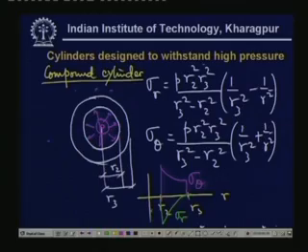Now, this is tensile. So, when we see the compound cylinder, now look at the cylinder overall, then we get the following stress distribution. Now, this is the stress distribution only for the outer cylinder. For the overall cylinder, the stress distribution will be